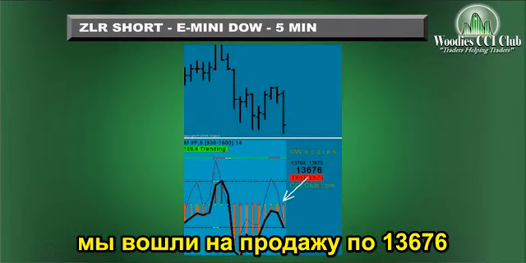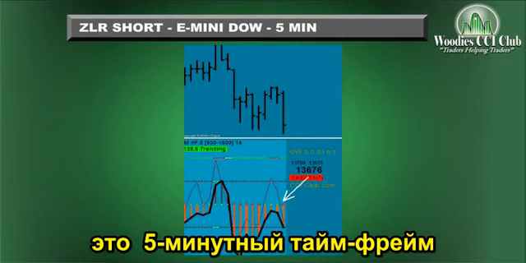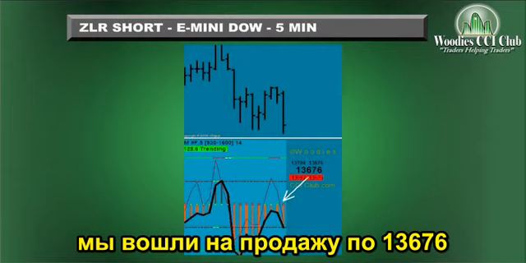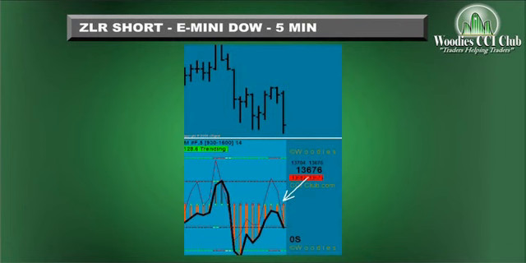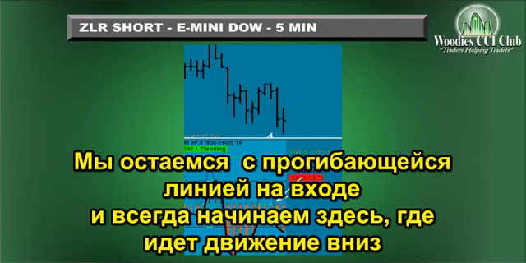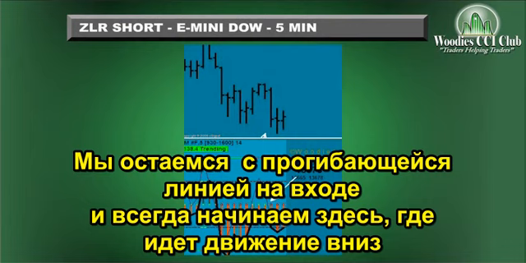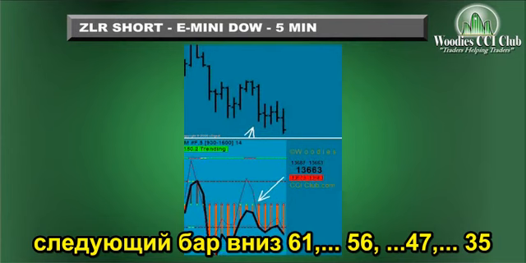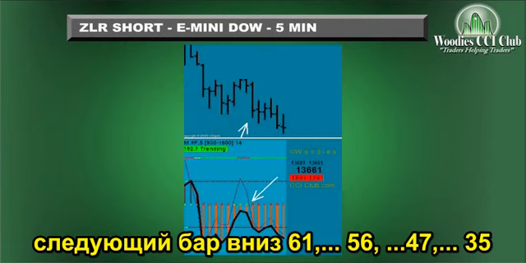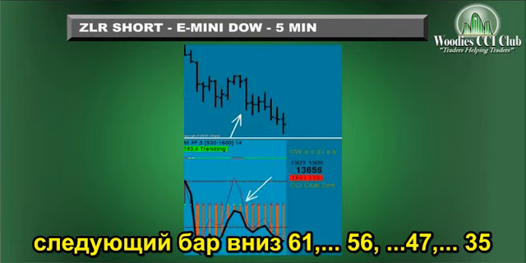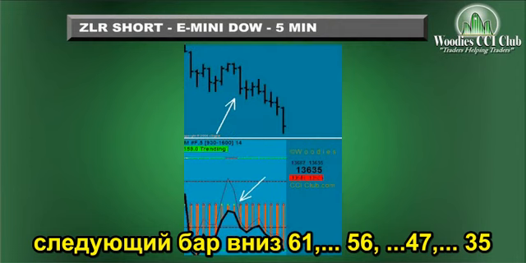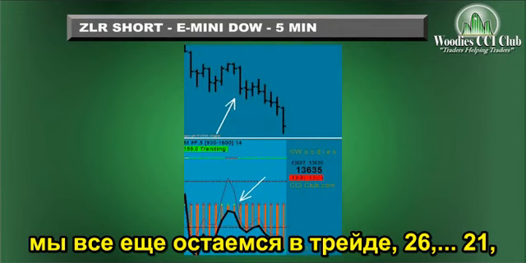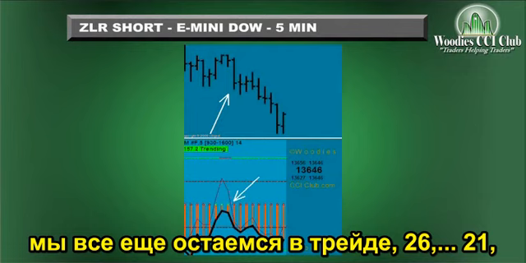We got short at 136.76. This is on the YM, a 5-minute chart. So we stay in, we're just waffling around our entry, and all of a sudden here we're going to start going down. There's 63. The next bar is down to 61, 56, 47, 35. We're still staying with the trade. We're down to 26, 21,